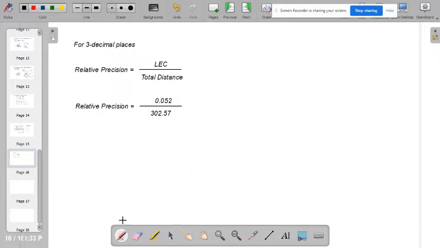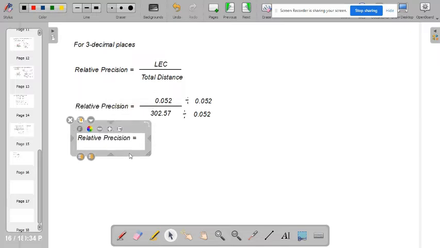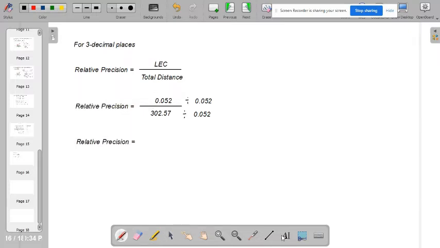So you divide this by 0.052, and you also divide the denominator by 0.052. So your answer here, relative precision, is equal to 1 over